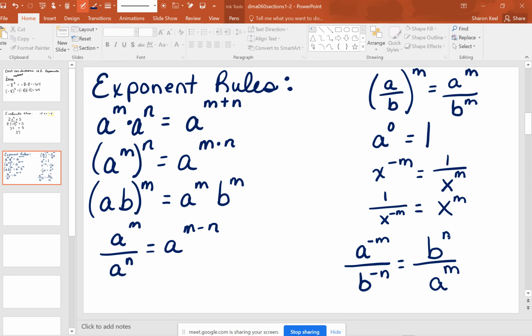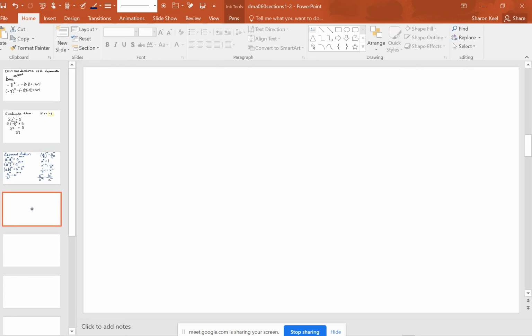So I know this is a lot of rules to throw at you at once, but throughout section 1 and 2, all of these are going to be looked at, and we're going to do examples of these where we are doing practice with each skill set. Okay, so let's go ahead and we'll start with the first one. When we have the same base,